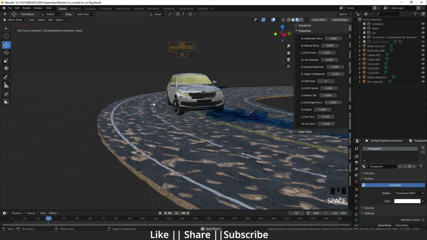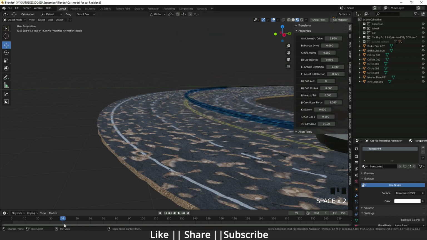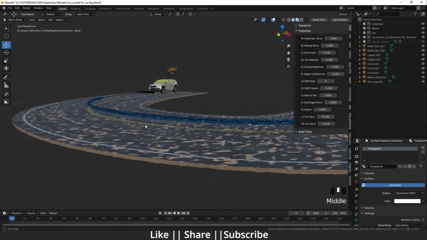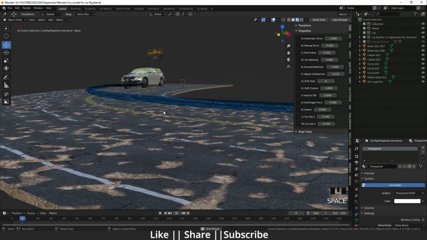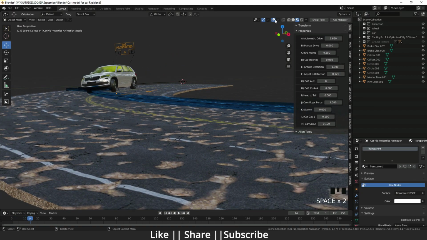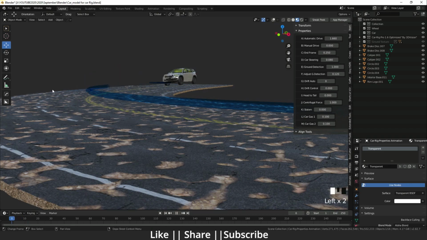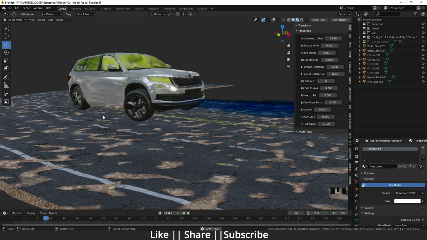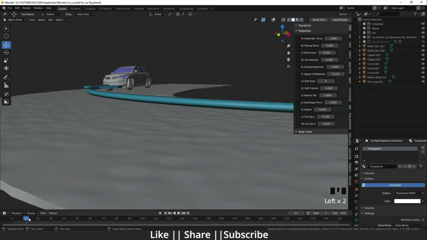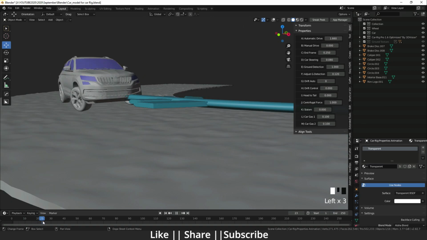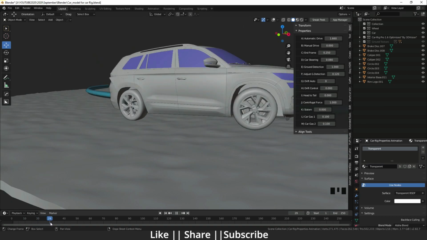Now you can see how perfectly it's moving. I will show you again from that angle, so you will get to know better. If I hide everything, now you will see that these tires move according to that turn. Here you can see how cool it is looking.